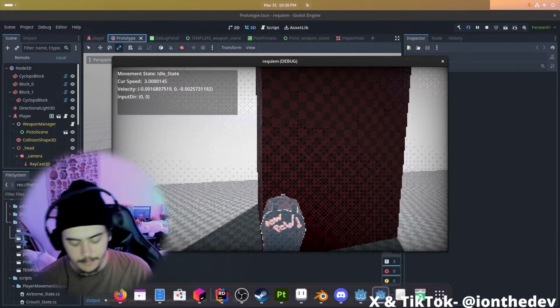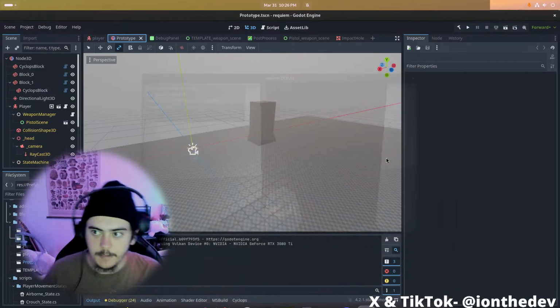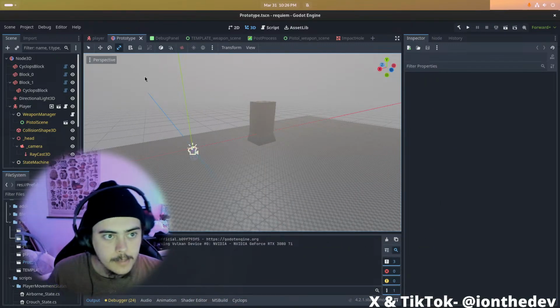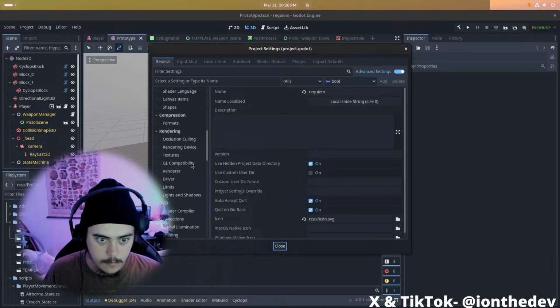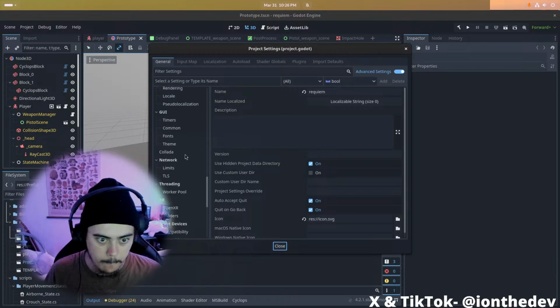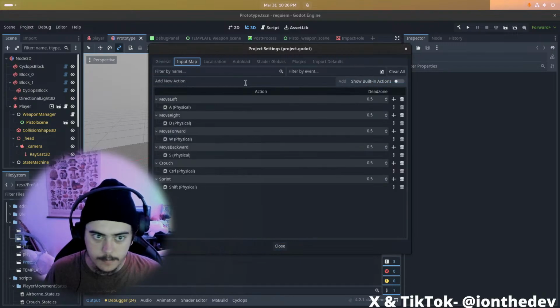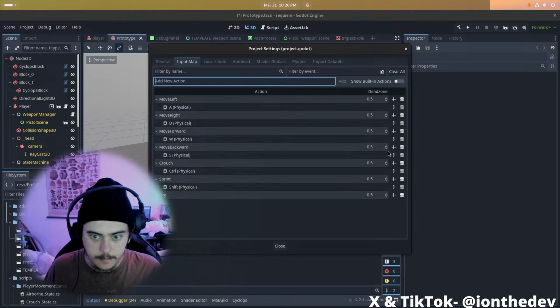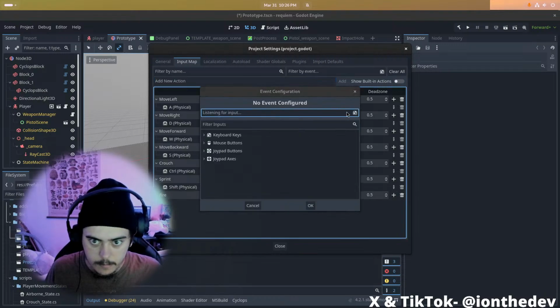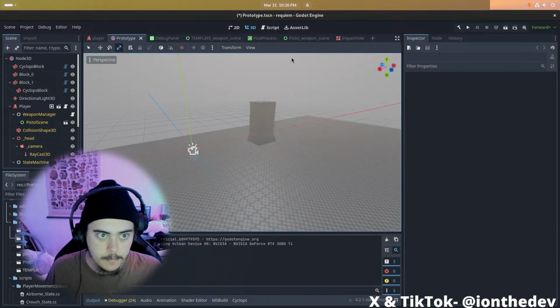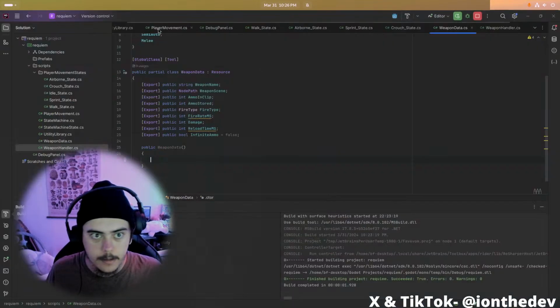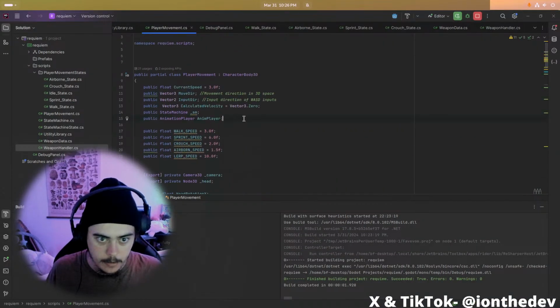I don't have a fire button. I did all this stuff, but I don't have a fire button. Project. Input. Fire. Let's do that. Cool. And then inside of the player script, I'm going to do